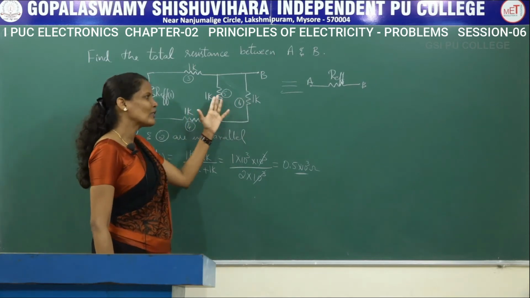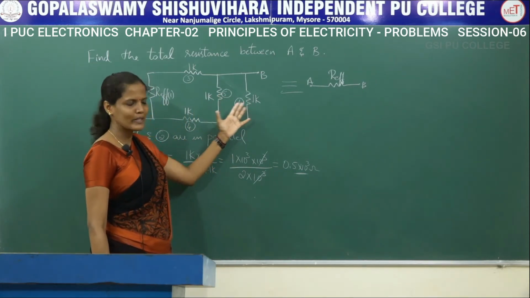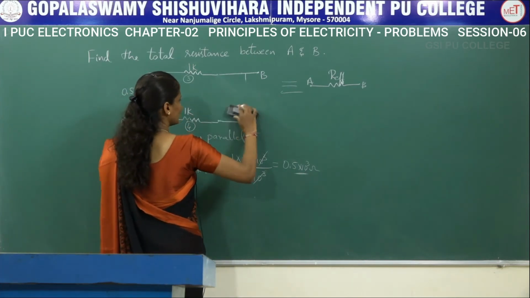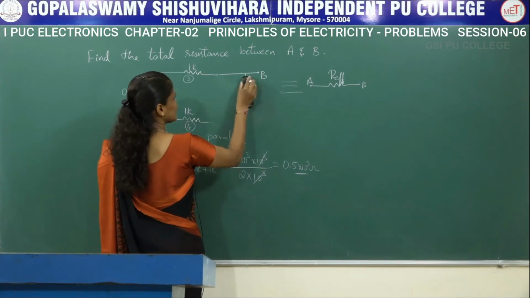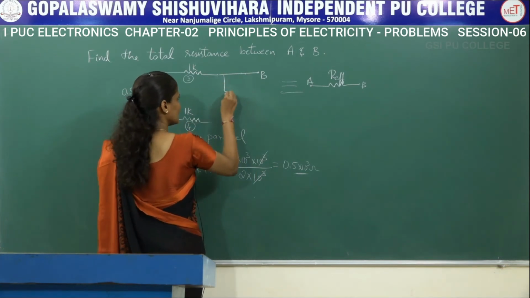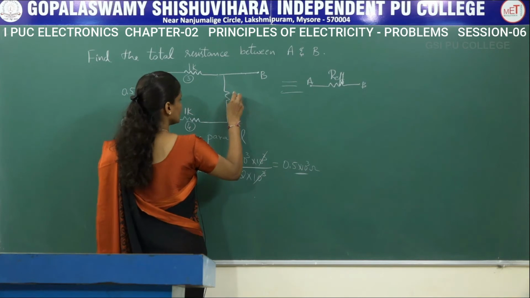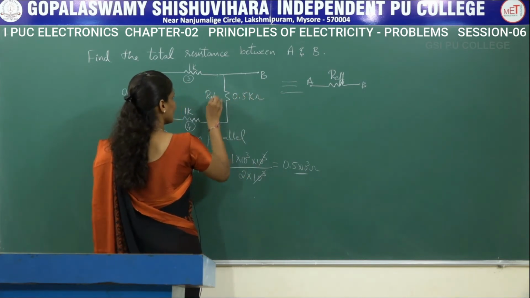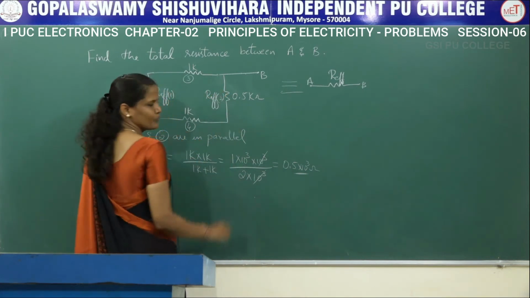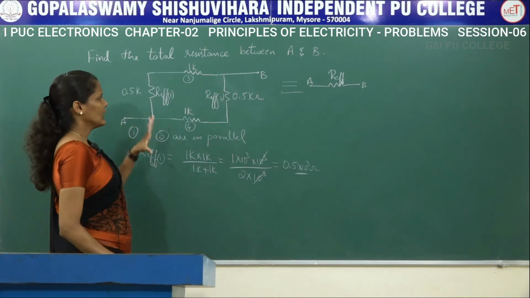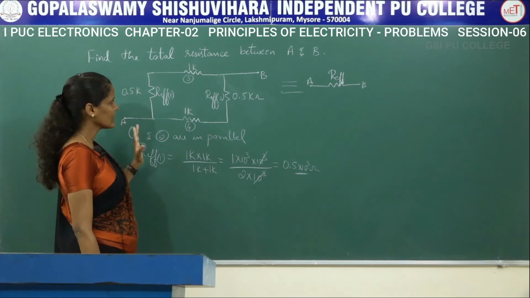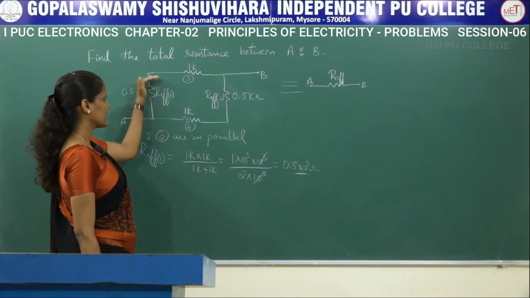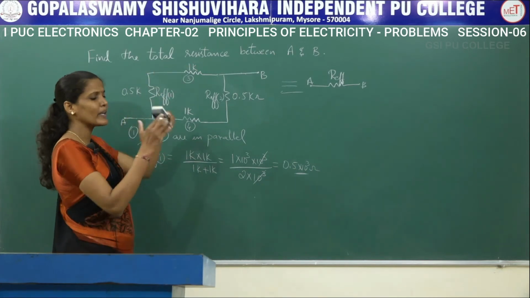Similarly, these two values are also the same. Both are 1 kilo ohm and 1 kilo ohm. So therefore, rubbing out these two resistors, I can write a single resistor whose value again is equal to just 0.5 kilo ohm and let us name that as R effective 2. Okay? Now, look at this particular diagram. R effective 1 and this third resistor are connected in series. It is bent like this.